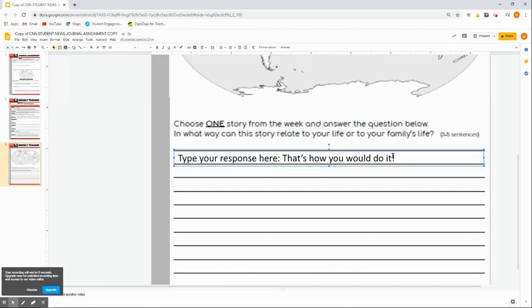Last page, same thing. Click, double click. Now you can get rid of what I wrote there. But it says choose one story from the week and answer the question below. In what way can the story relate to your life or to your family's life? Now, I'm not a student. This story relates to me because as